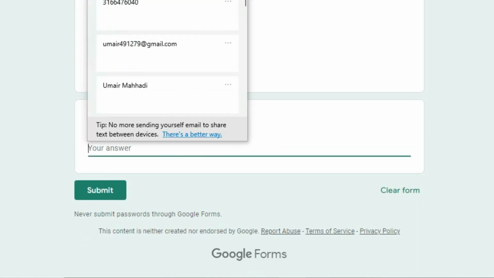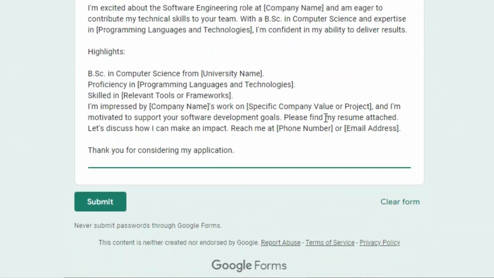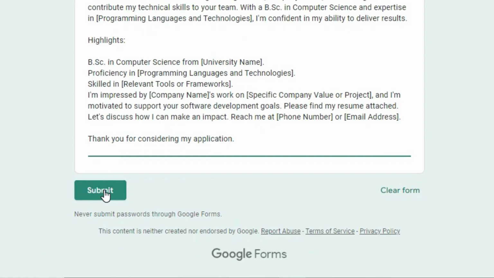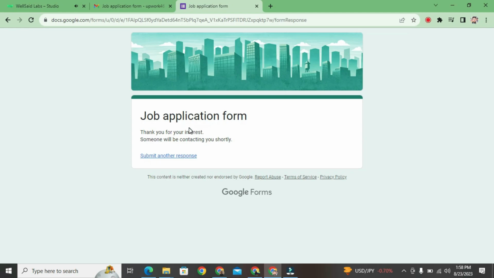I already have a cover letter prepared, so I will just paste it here. After pasting the cover letter, you can click on the Submit button. Once the submission is complete, a new format will open, and your filled form will be sent to the person